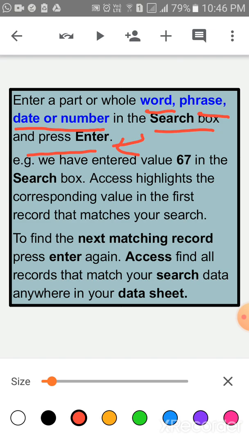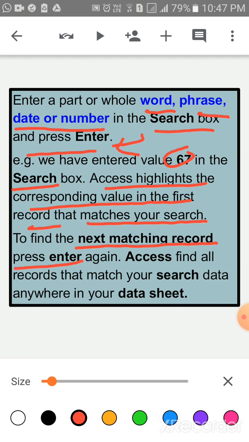For example, children, we have entered the value 67 in the search box. Access highlights the corresponding value in the first record that matches your search. Then to find the next matching record, again press enter. Access finds all the records that match your search data anywhere in the datasheet.